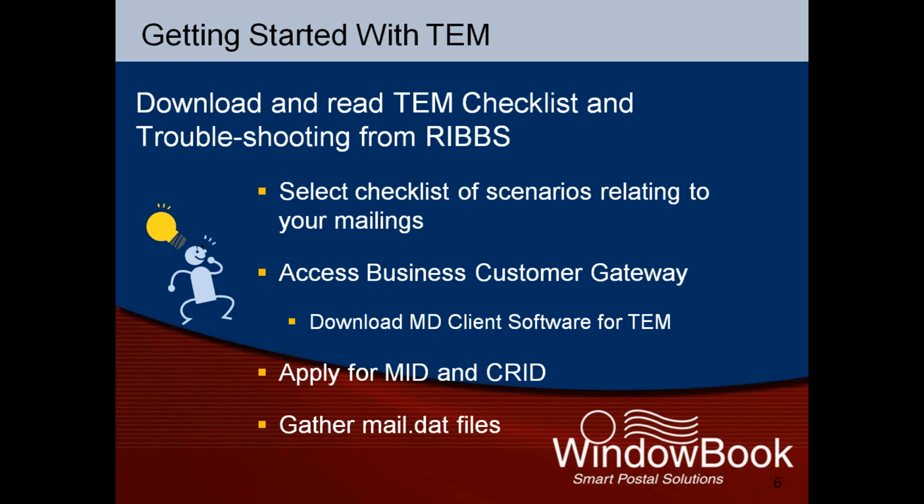And the last thing you'll need is to gather together the various mail.dat files that reflect the type of mailings that you do. If you have multiple types of mailings, we suggest that you start with the easiest one first, or the one that has